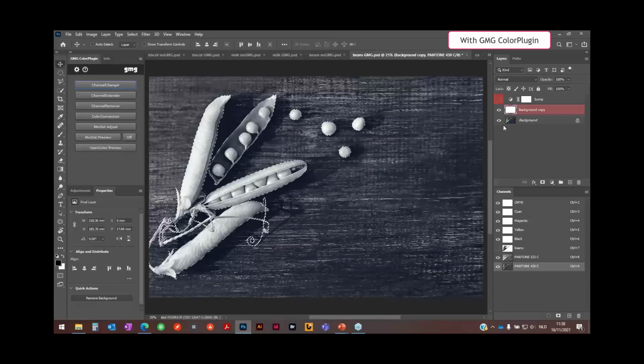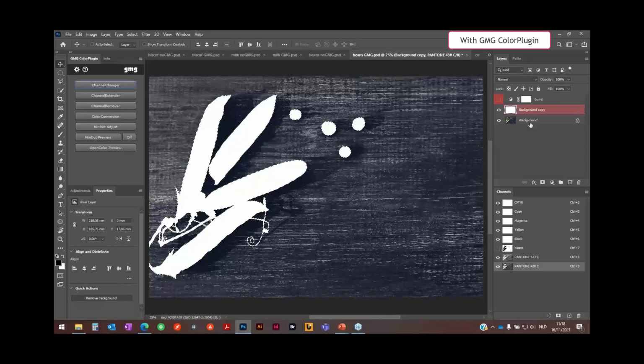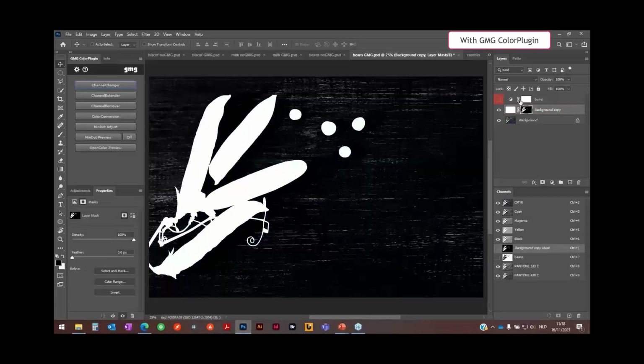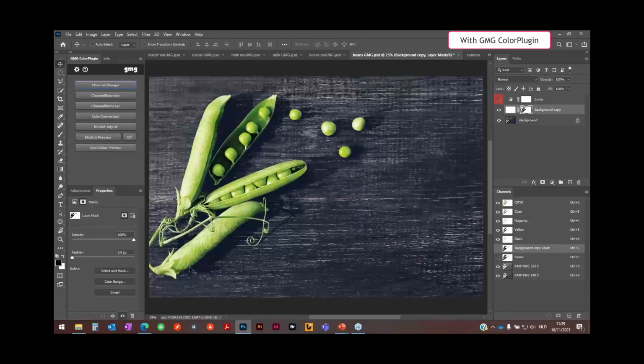Then I load my selection, and I erase it in these two channels. Then I can apply a mask on that and invert it. So I have my beans here with my background in two colors.